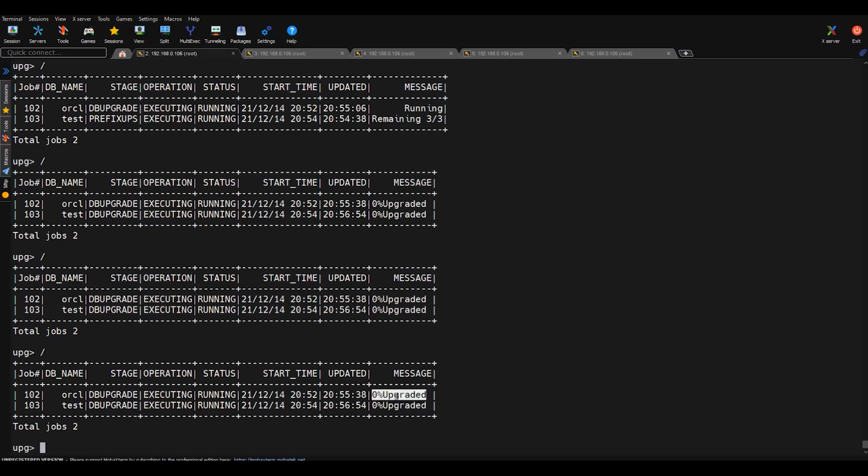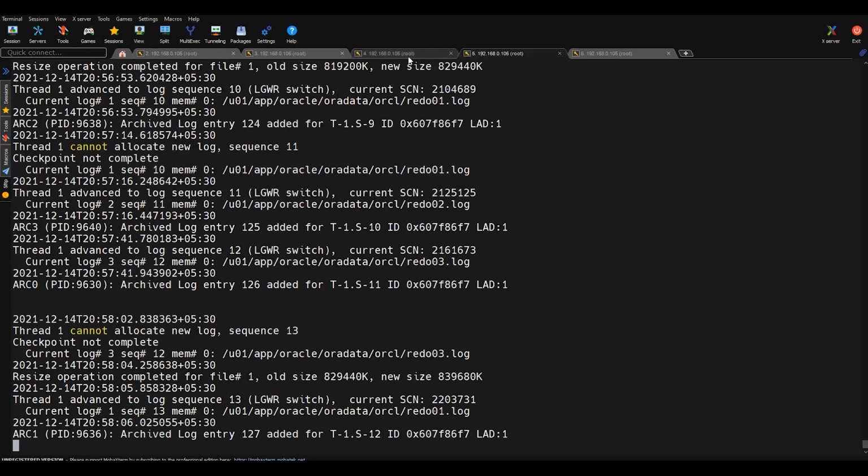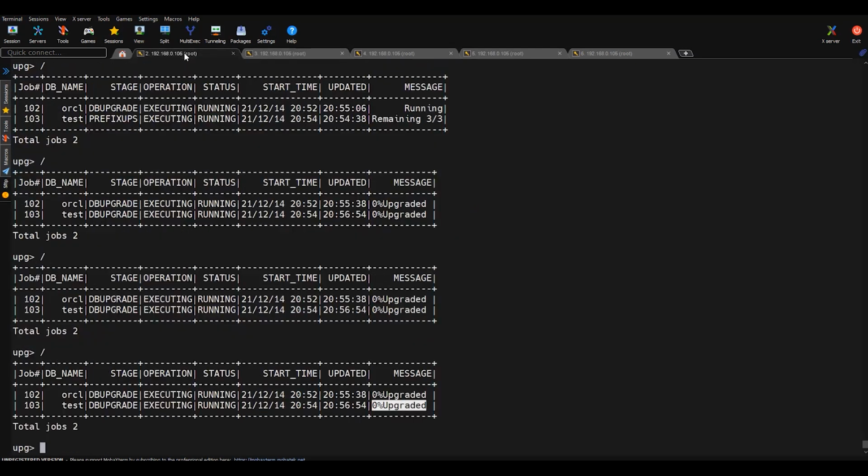So this is how you can upgrade your multiple databases. Depending upon the database size or system quality, this upgrade process will happen quickly or maybe it will take time. We have already executed, so we will just wait for some time. Once the upgrade finishes, then we'll discuss further.